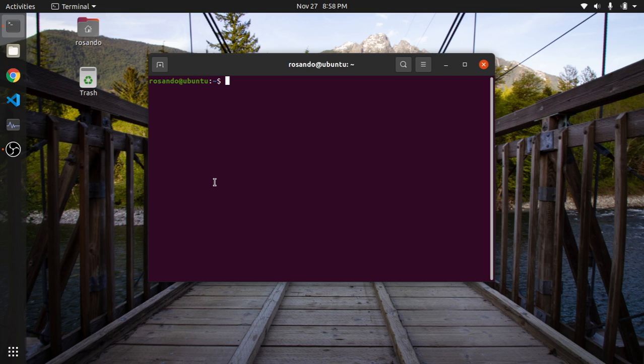So the prerequisite before installing pip is check if there are any updates pending for your Ubuntu system. For that, let's run the command sudo apt update. Provide the password, and it's going to take a minute or two to go through all the available repositories and check for updates